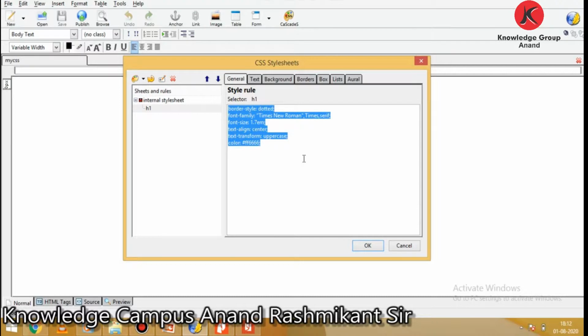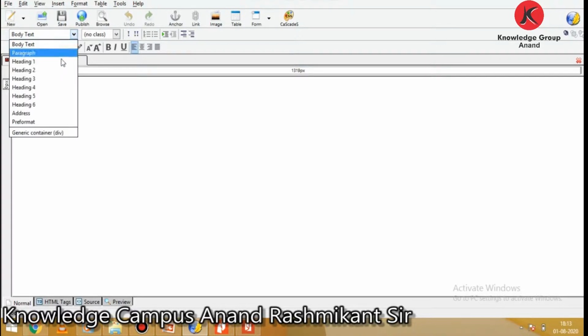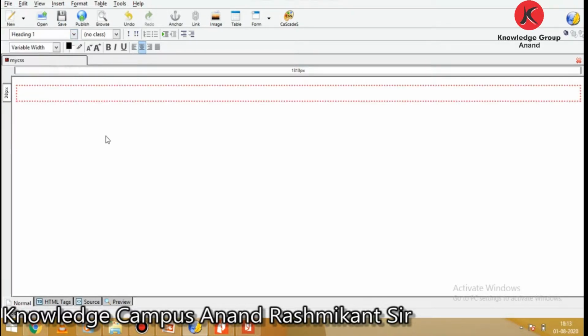We will apply the style on a heading 1. Click on the OK button and then click on the format toolbar. You can see here it's body text, and when you click on heading 1, you can see our style sheet applied here.